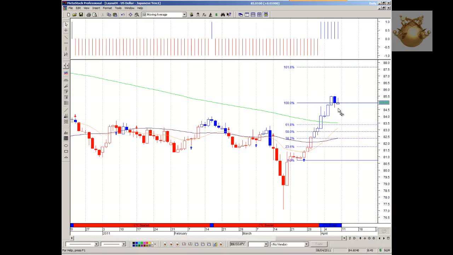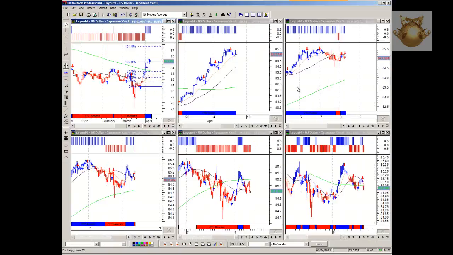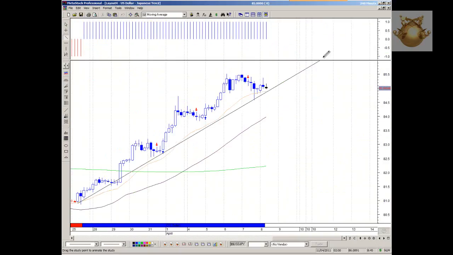And then this morning in the Asian market, we've seen price revert to the downside. I think overall, it isn't looking rosy for the Japanese yen. That poor country is going through a lot at the moment. And you can see that